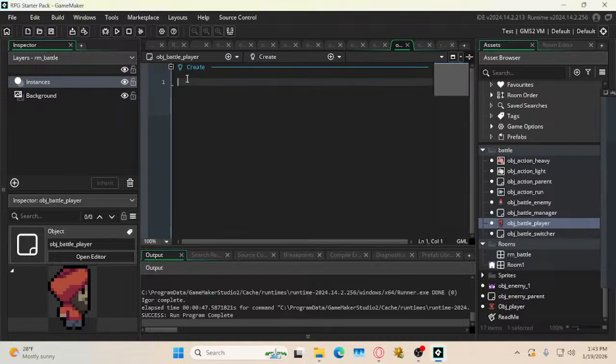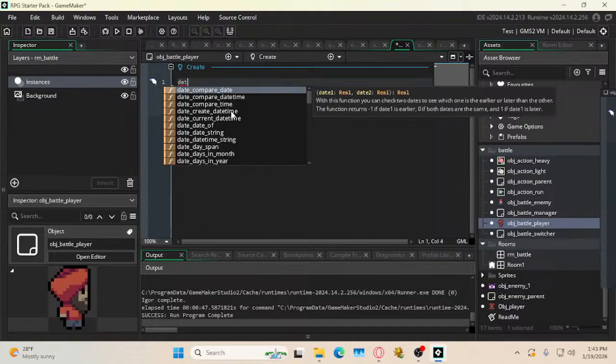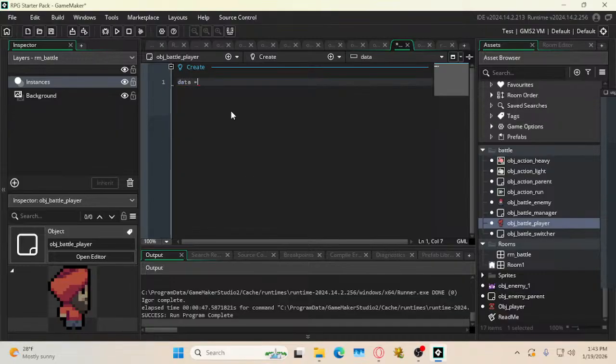I'm gonna make a variable for the data of the player. It's just pulling the player data struct from the switcher so that it's faster to write. Then I'll go into the